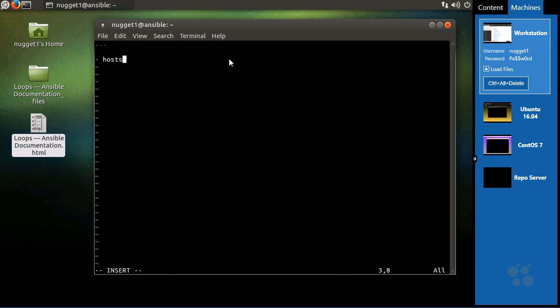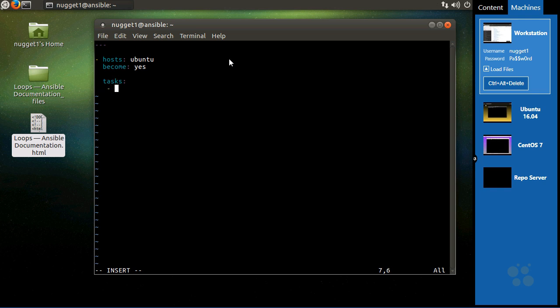And then we're going to say hosts. I'm just going to do Ubuntu, because this is going to be a demo, so I'm going to use the apt module, which we know only works in Ubuntu or in Debian systems. Let's see, I'm going to say become yes, because we're going to have to become root on the remote system in order to use apt. And then